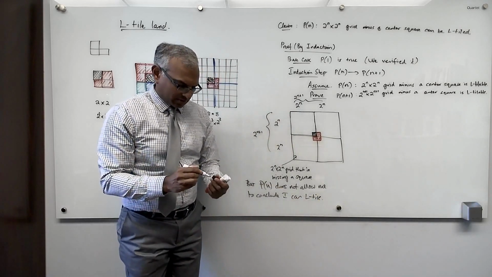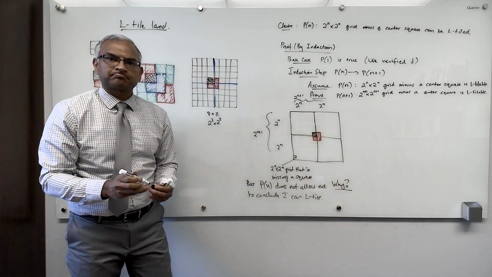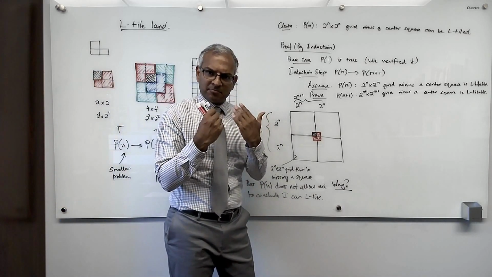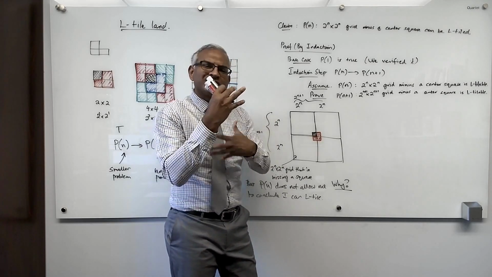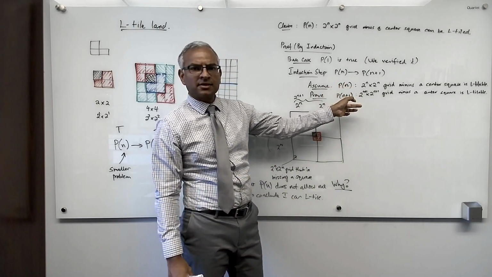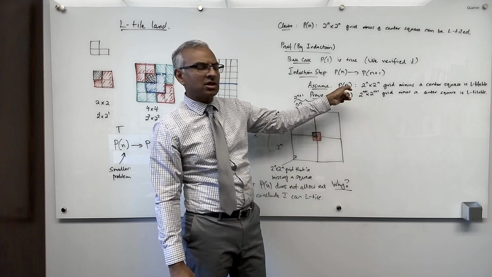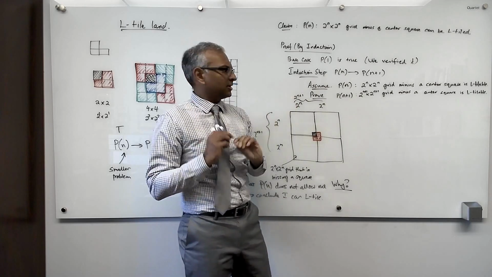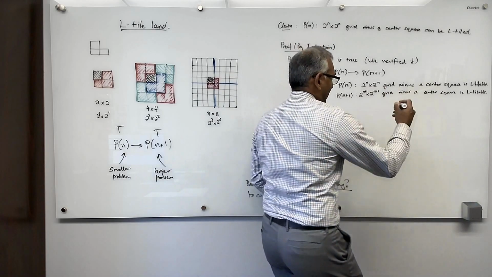And the interesting question is why? Okay, why? So now this is important. The whole idea in an induction is to somehow be able to use your assumption to help you prove the higher case, the P of n plus 1 case. So we have to look very carefully at our induction hypothesis, our assumption. And what does the assumption say? The assumption says very clearly that the 2 to the n by 2 to the n grid minus a center square